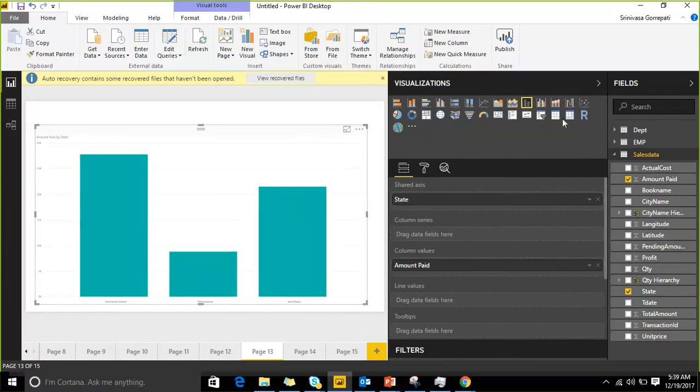On a line, as I said, the most frequently used line will be as part of time related intelligence. So what I am doing here is,